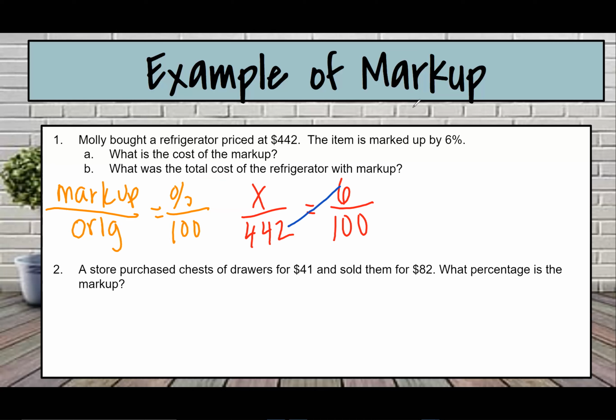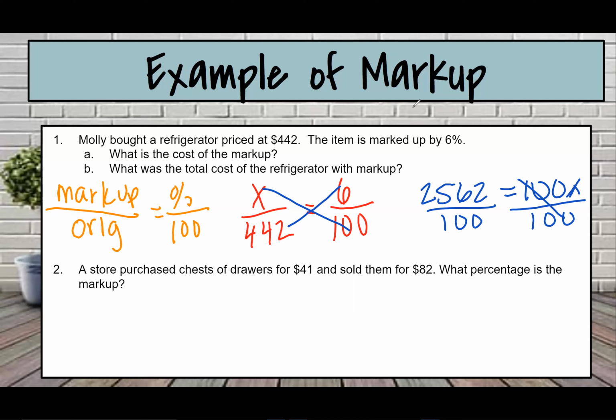So I'm going to do 6 times 442, and then 100 times X, and then we're going to divide by 100, and X equals, did I do that wrong? 2652. I did do this wrong. This is 2652. I need to calculate correctly. Okay. So 442 times 6 is